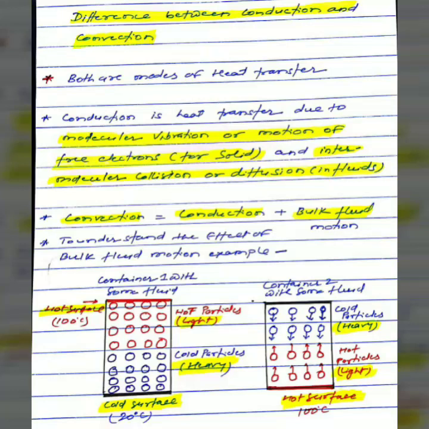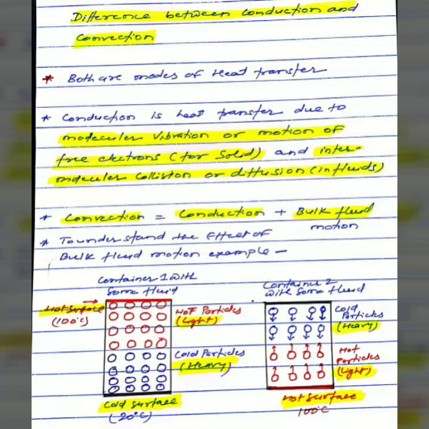Suppose we have two similar containers having similar fluid. The difference between these two containers is that in container 1, the upper surface is the hotter surface, let the temperature be 100 degrees Celsius, whereas the bottom surface is the colder surface, let the temperature be 20 degrees Celsius. Whereas in case of the second container, the upper surface is the colder surface, whereas the bottom surface is the hot surface at